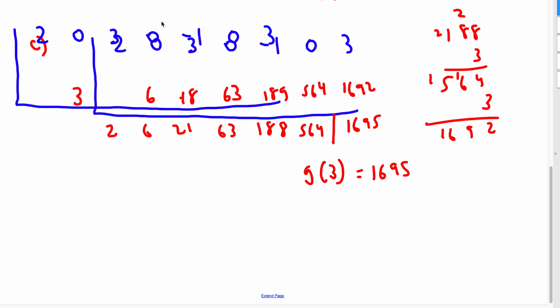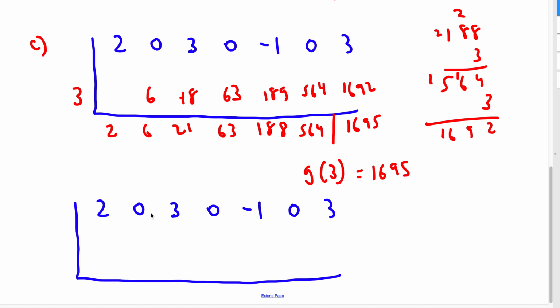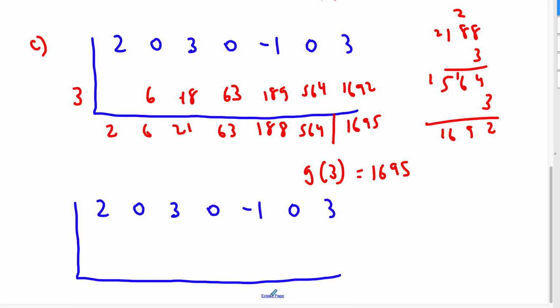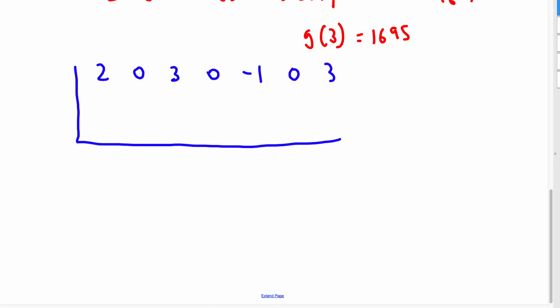And that's right, ladies and gentlemen. One more time, because there's 4 parts to this. It's kind of a lengthy problem, but it's good practice. So g of negative 1. So that means we, once again,